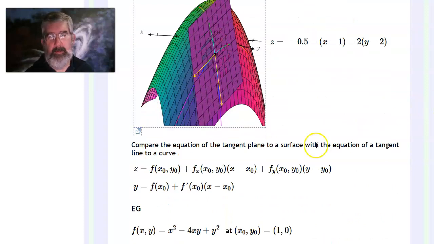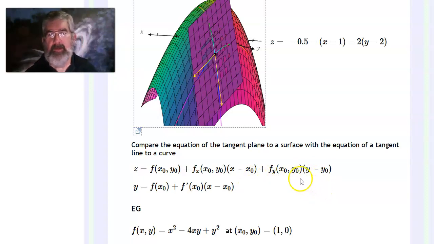So here's what we ended up with. Here's the equation for the tangent plane that we just got. Z equals function value plus partial with respect to x. I'm also changing my notation here just because you'll see it written this way quite a bit. So partial with respect to x evaluated at x0, y0, times the quantity x minus x0, plus the partial with respect to y evaluated at x0, y0 times the quantity